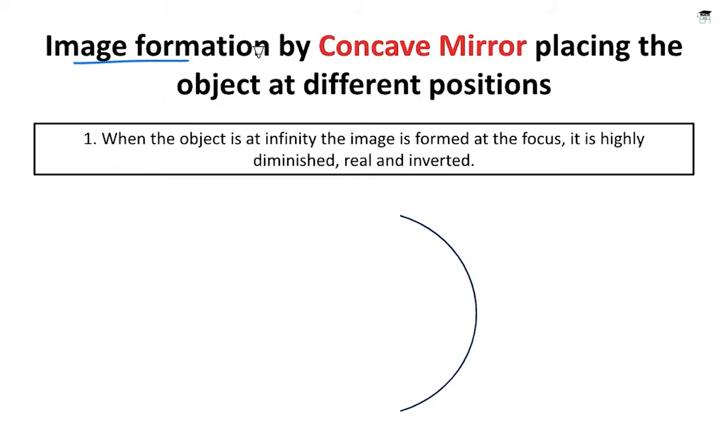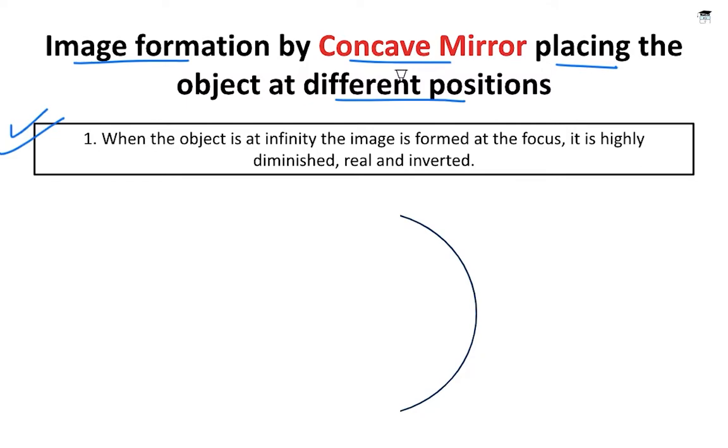So next is image formation by concave mirror by placing the object at different positions. We are going to use ray diagrams to study the image formation by concave mirror. And I am not going to draw the ray diagram on my own. You are also going to draw them with me, because I am 100% sure that if you do them along with me, you won't have to remember any of these ray diagrams. You will be able to do them on your own, because practice makes a man or a woman perfect. You won't have to remember anything, and these diagrams will be a piece of cake for you.